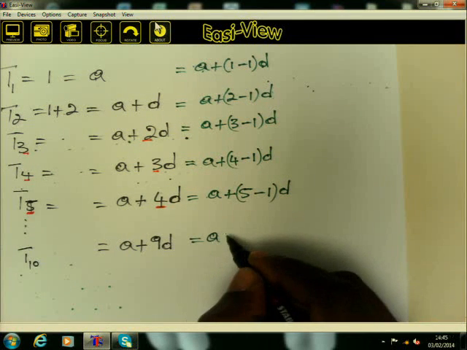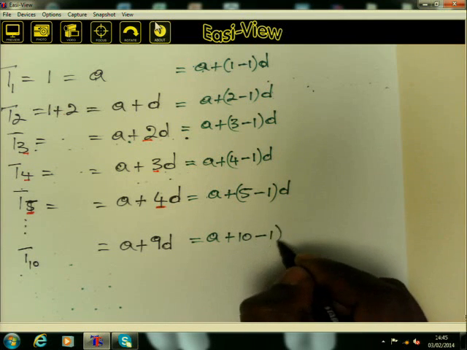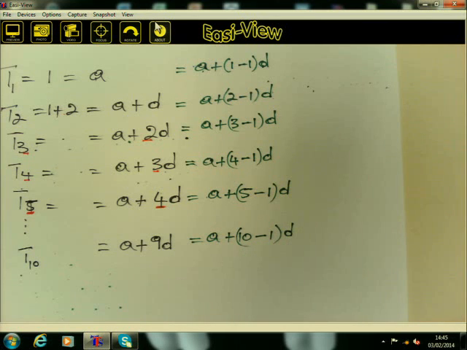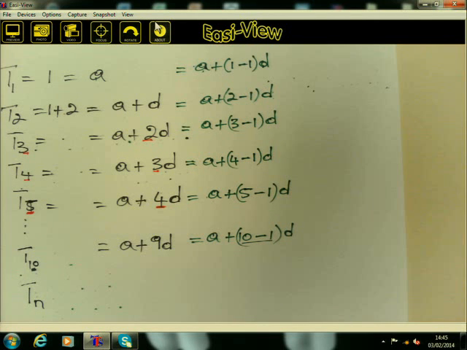We said it will be A added to the term number minus 1, you multiply by the difference. This is how it's going to be. In other words, every number that we have there as a term number, we subtract 1 from that. So to generalize it, because we are looking for the nth term or the general term, it means we say Tn will be nothing else but